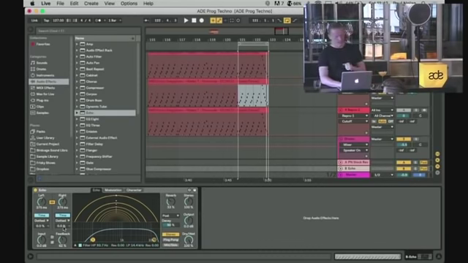So yeah, I can use this little offset here, but you can get really satisfying things by actually being quite rough with the delay time. And you know, we're not going to get the calculators out to calculate the delay times, but I do like doing that actually. It's quite a useful thing, because if you think back to the days of dub producers